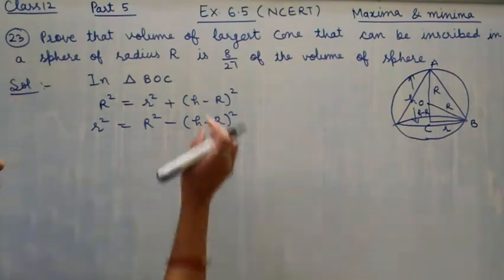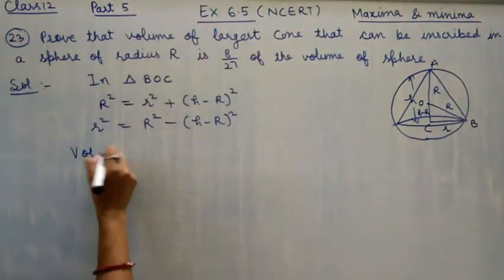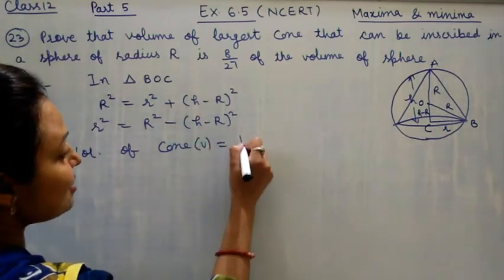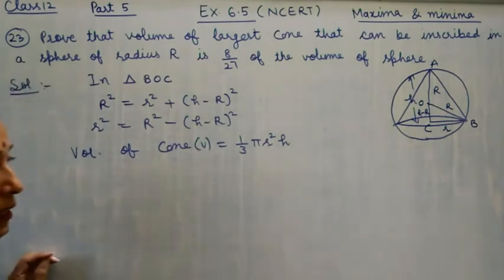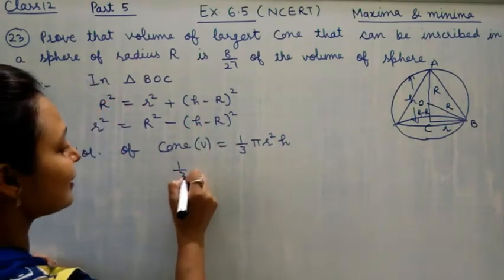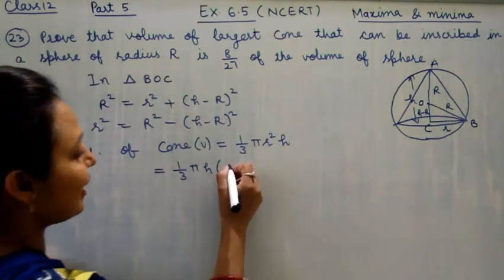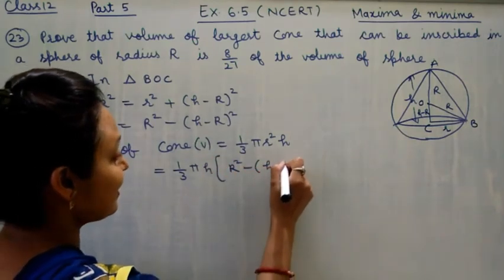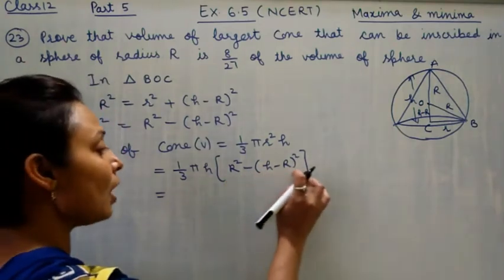Now you will take the formula of the cone. Volume of cone. What is that formula? I will write it as V = 1/3 πr²h. Right? So I will change this r² by using this. So 1/3 πh, and in place of r² I will write (R − h) − small... capital R. And now I will solve this one.